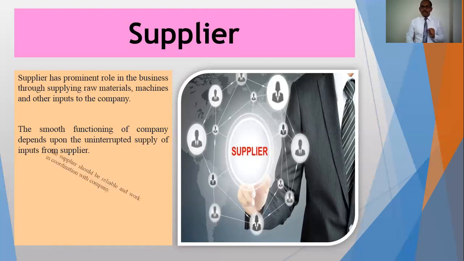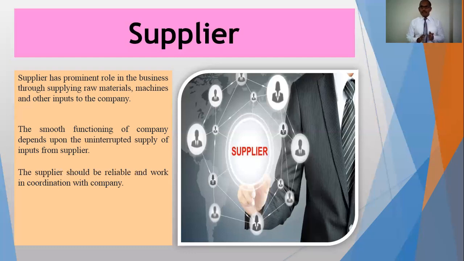Therefore, companies maintain cordial relations with the supplier, and some companies develop multiple sources of supply instead of depending on a single supplier for smooth functioning or better performance. When dependent on a single supplier, it may face some problems. So in order to avoid such risk, companies develop multiple sources instead of a single supplier for better functioning and to achieve their goals.